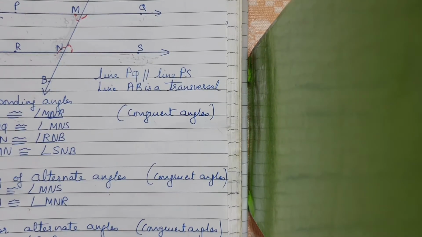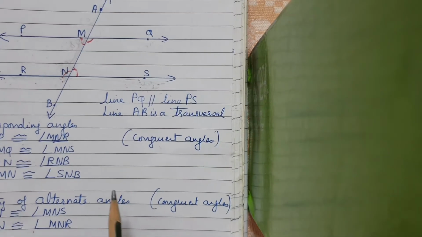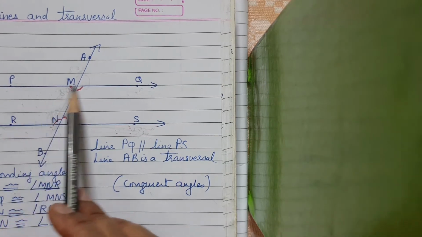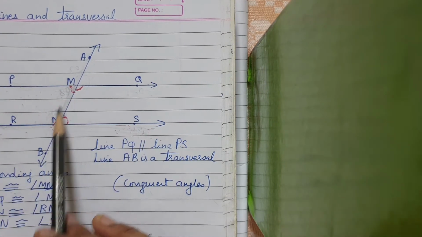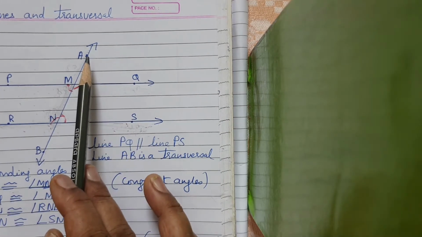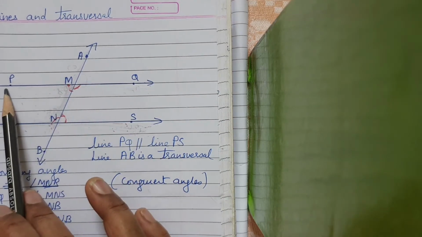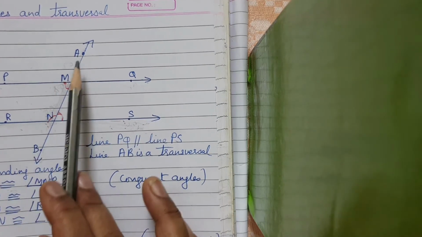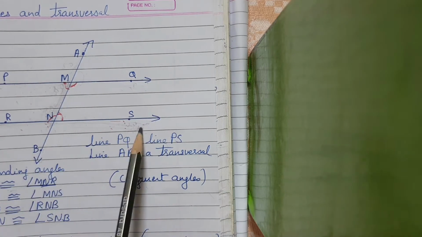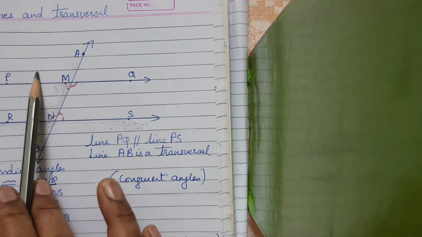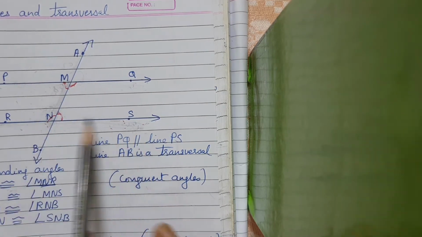Now let's take what exterior angles are. Do you all know what exterior angles are? Exterior angles, exterior alternate angles. So what are they? Now this formed a Z. Okay. Exterior means what? Outside the Z. So which are outside the Z of this? Yes. Angle AMP and angle SNB. So can you see this? They are outside this Z. This was the Z. So they are outside the Z. So they are called exterior because they are outside. So they are congruent. They are of the same size.